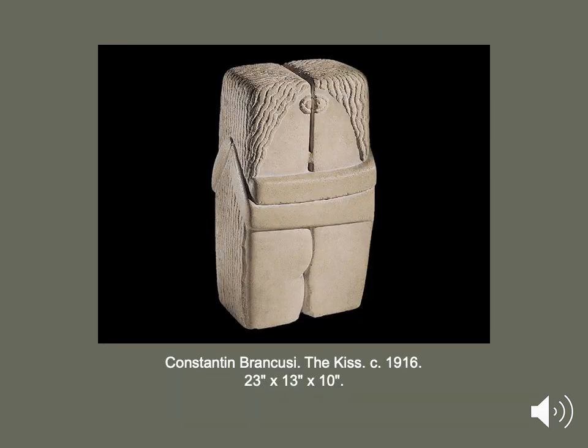This particular piece is also called The Kiss by Constantin Brancusi from 1916. So same subject matter, same material being stone or marble, but very different forms and therefore very different contents. So here we have much more of an abstract form. We have the figures there that have been purposefully simplified into these small rectangular shapes. Really the only difference between the man and the woman is the slight outline of the breast.